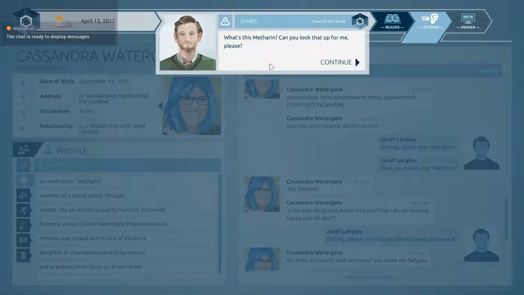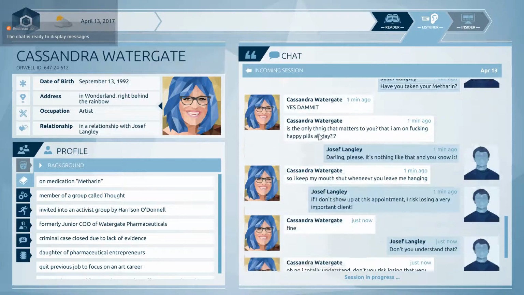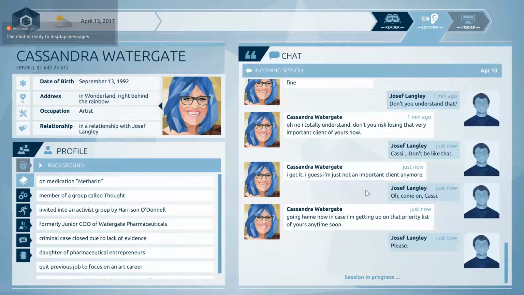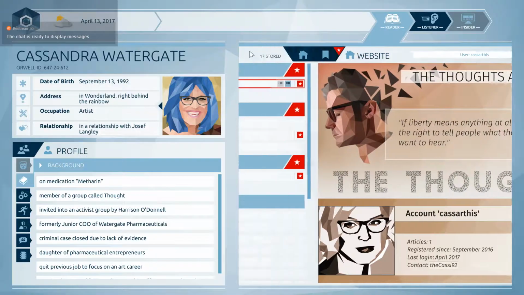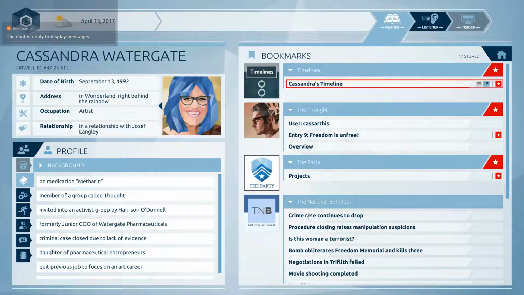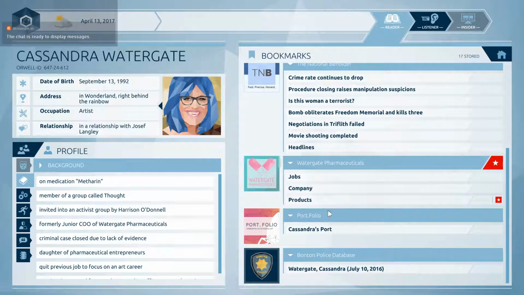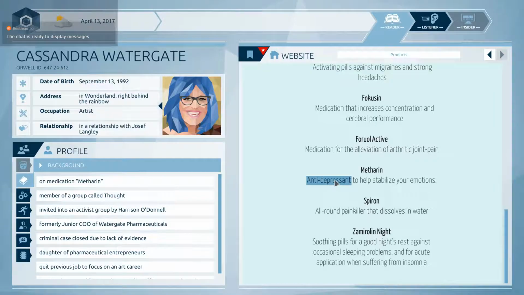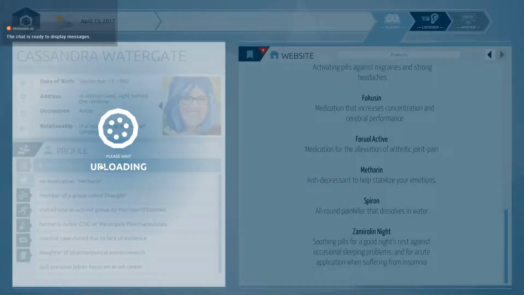What is this, Metherin? Can you look that up for me, please? Here's more of his biases. And we can't actually look it up. We have to go back to places we've already been, which thankfully they pointed out for you. Here it is, Metherin. It's an antidepressant, which is